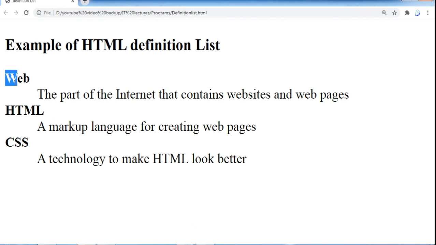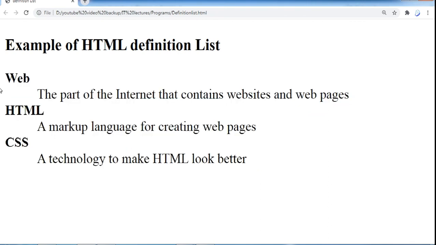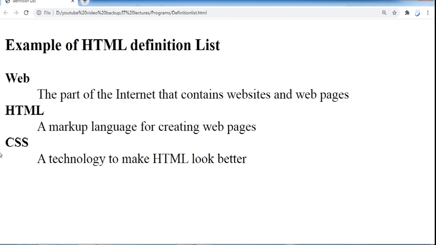So if I want to see this definition list, what is the list of definition? These three members of your definition list. And your first definition is written in the DT tag, and it is defined in the DD tag, and another one is written in the DT tag.